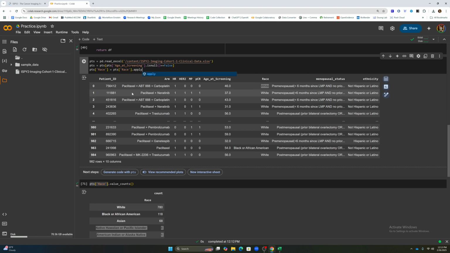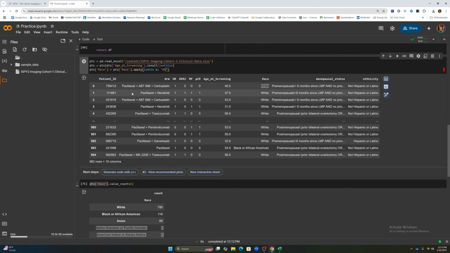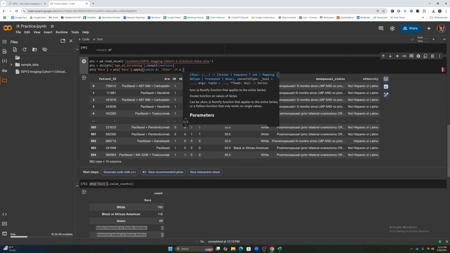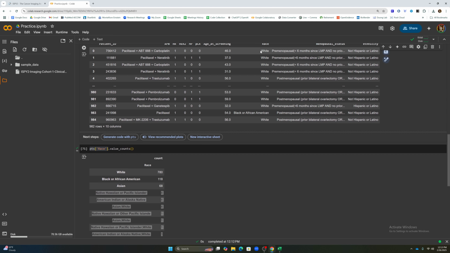You put dot apply and then lambda x, and you say other, okay? If x is not in, so if the value within this column isn't white, black, or Asian, put it into